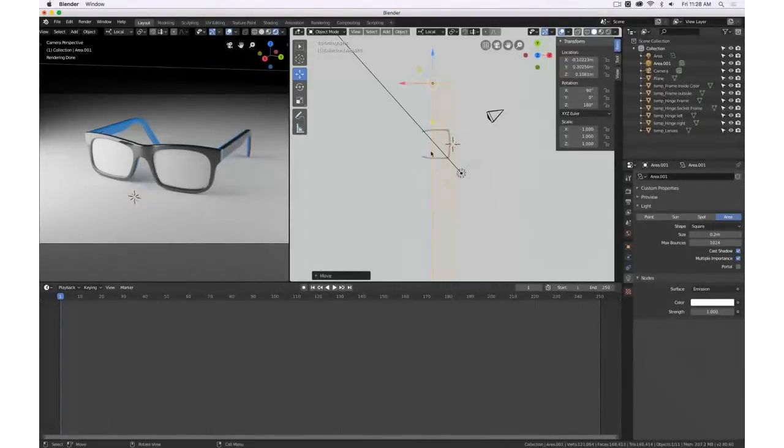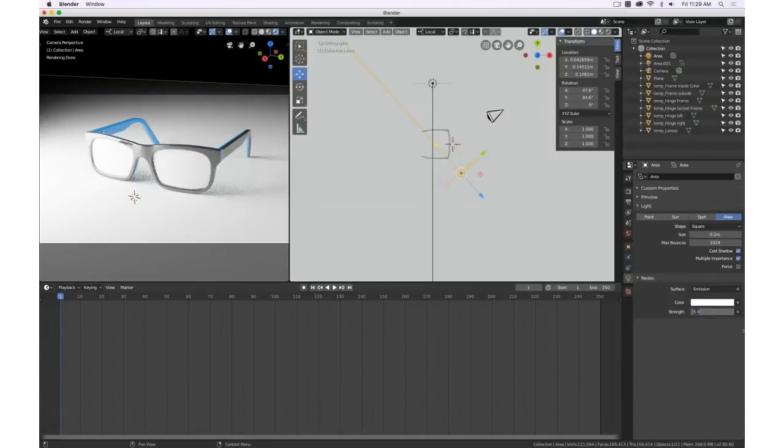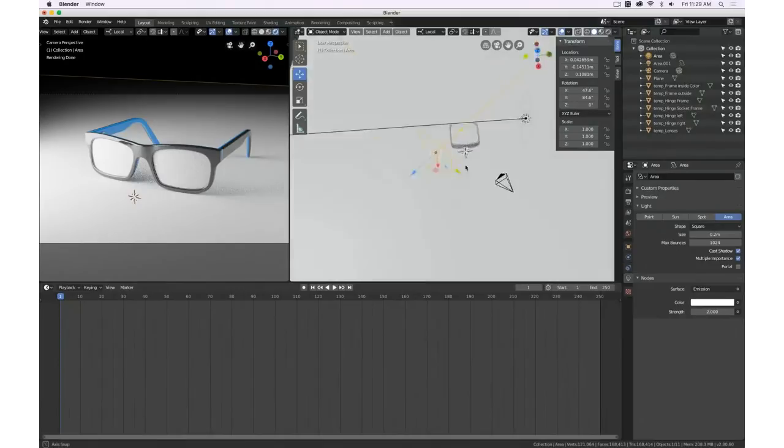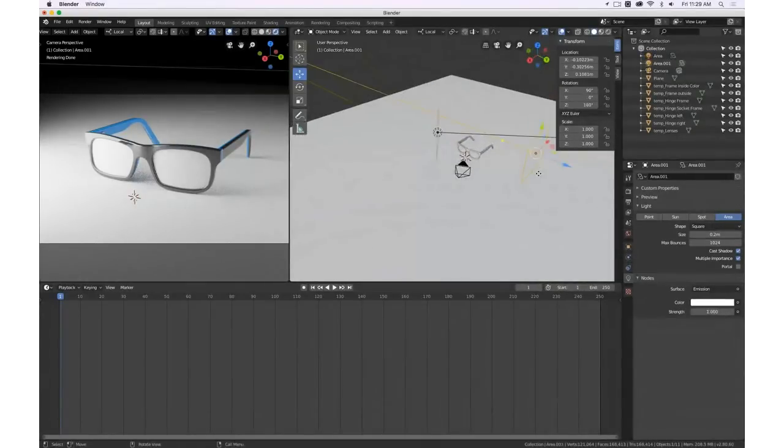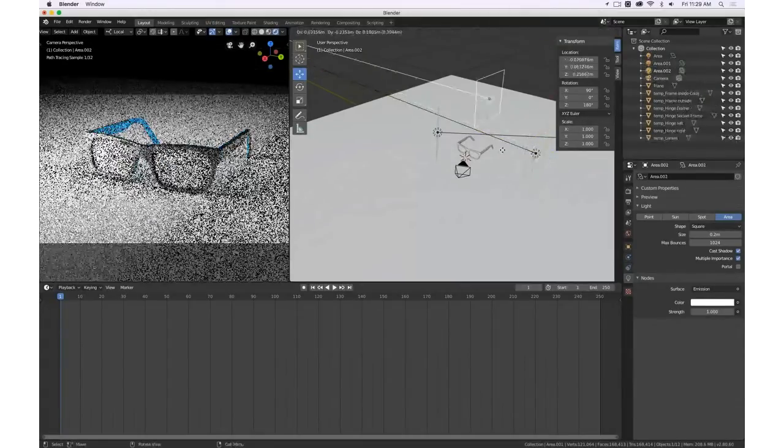And I can be creative now, maybe a little bit less. What about more light? Maybe this light, I want to be very strong. 5, and this is too strong, but 2, that's a good contrast. Okay, very good. So 1, 2, 3 lights is really all you need. Maybe we will add 1 light on top. So I can select this light, make a copy via Shift D, move this to somewhere,